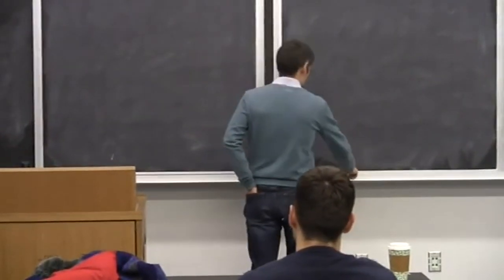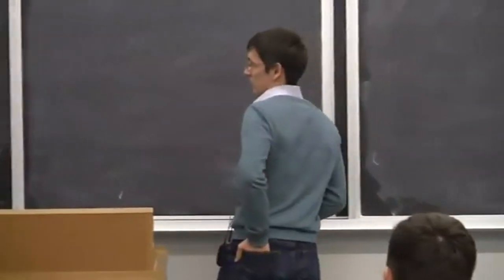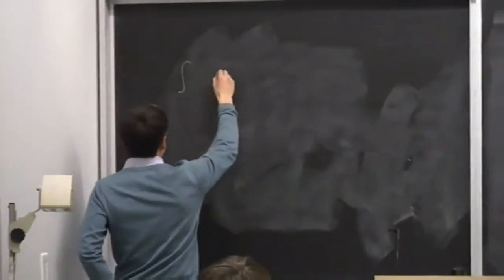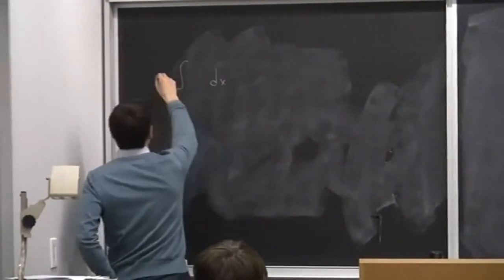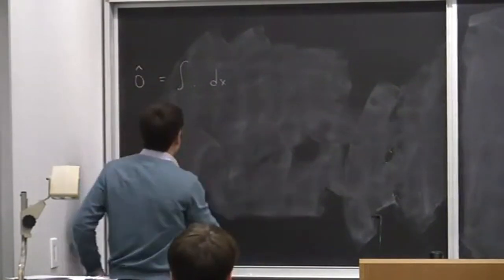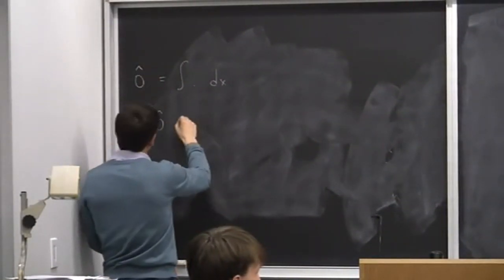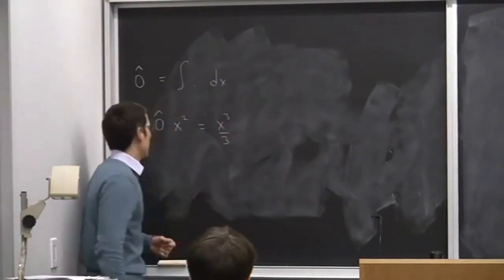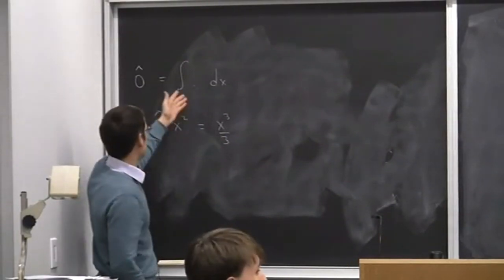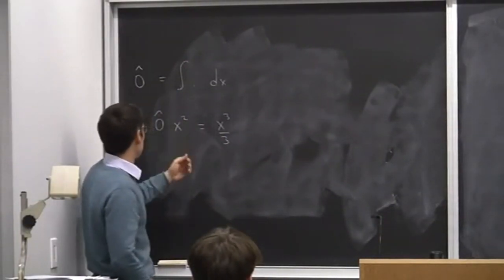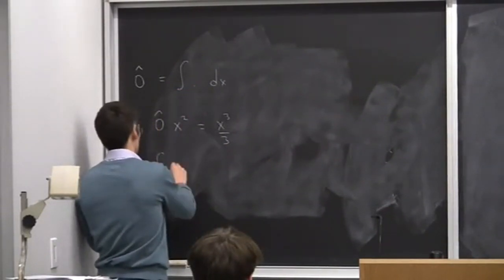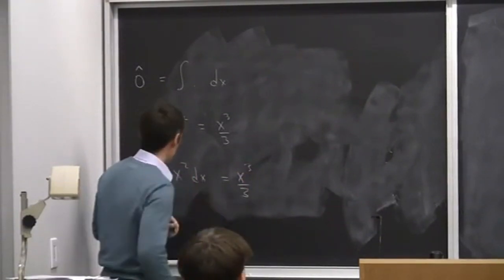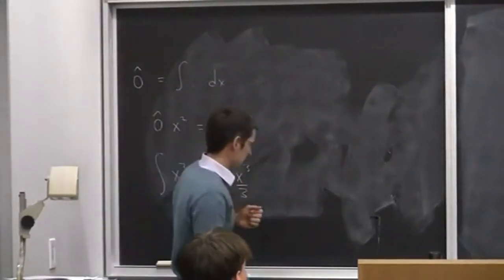Sure. So the general rule is the operator takes a function and produces a function. And so if you define the operator like this, for example, then you can think of the operator as an indefinite integration. If you put x squared here, then the result will be x to the third divided by 3, right?